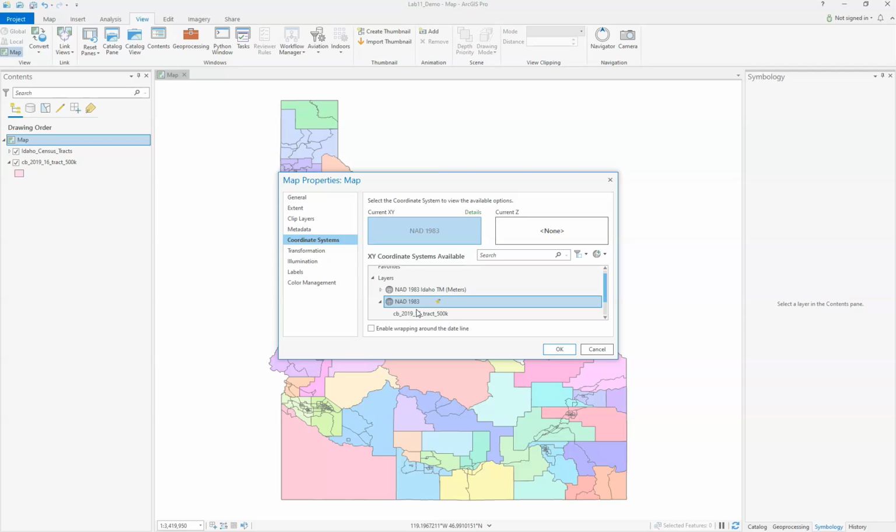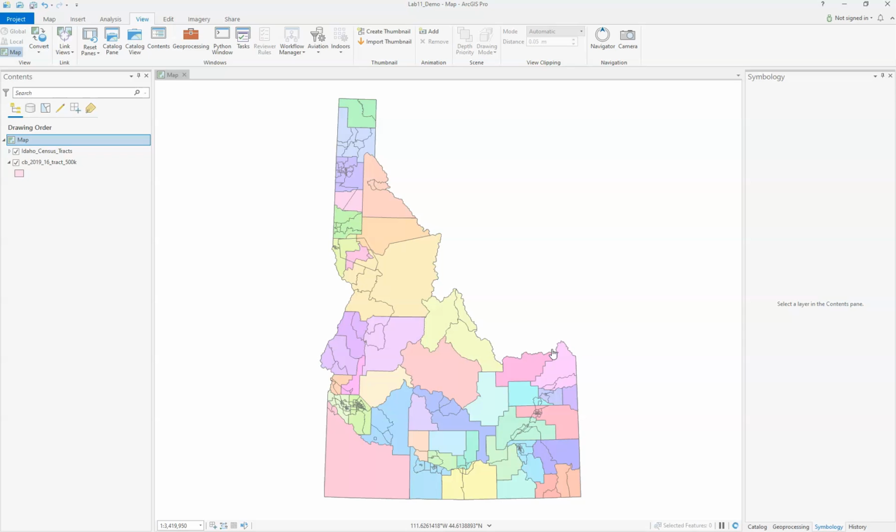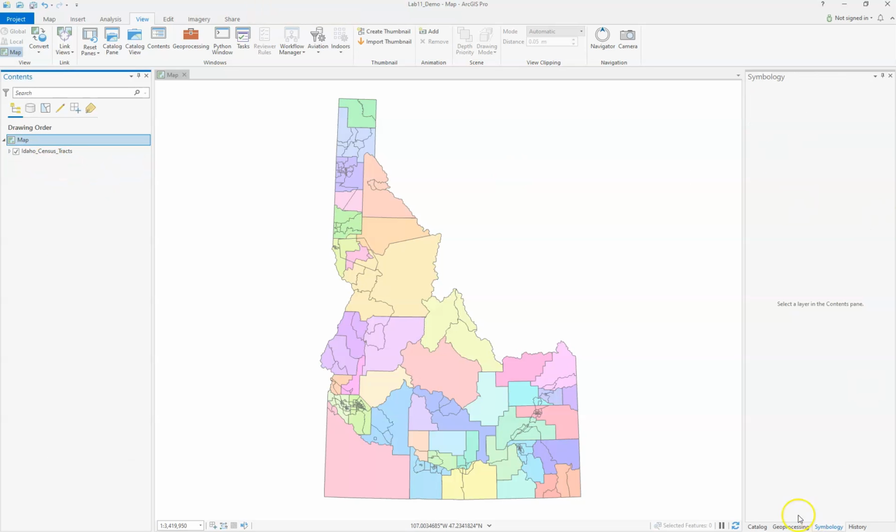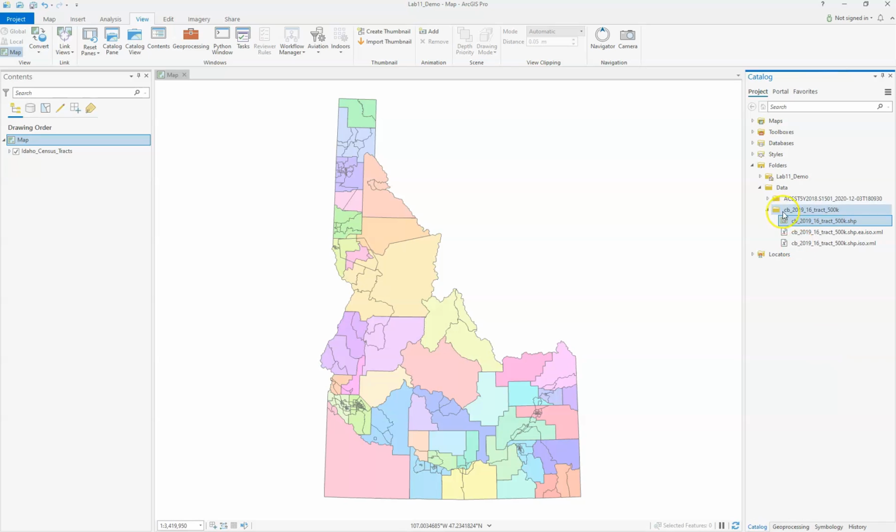So there are two ways you can change it. The simple way is we can just click on this and say OK, and now it changes. So now this map frame, the data frame, is going to be correct. Another way you can do it, depending on where you are in the process, is if you restarted ArcGIS Pro and brought in the new layer, Idaho Census Tracts, it would project correctly. So then we can just remove this because we don't need that. We can also go back to Catalog,